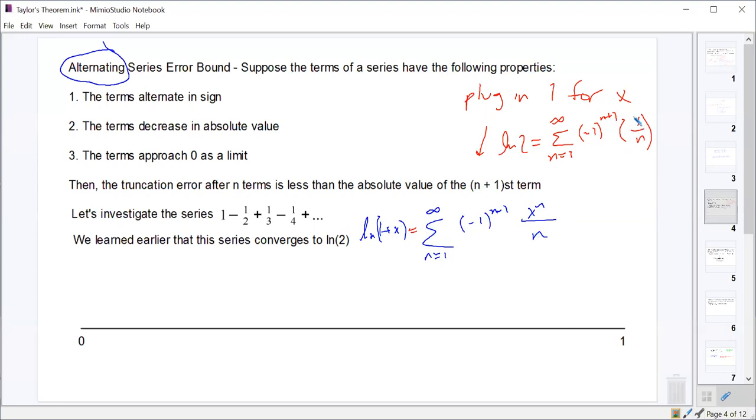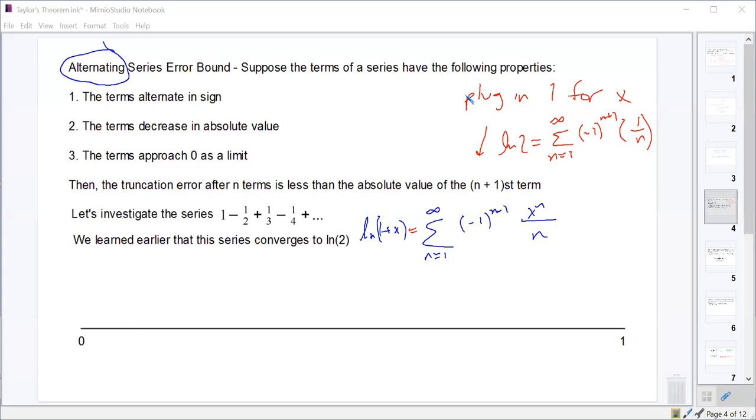So this is just 1 over 1 minus 1 over 2 plus 1 over 3 minus 1 over 4 plus 1 over 5. Alternating terms, right? Good or no? Okay, great. All right, so